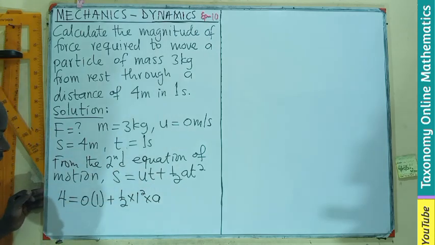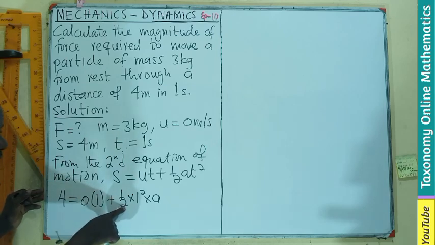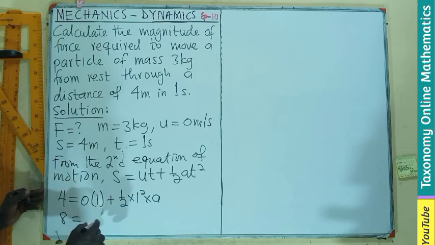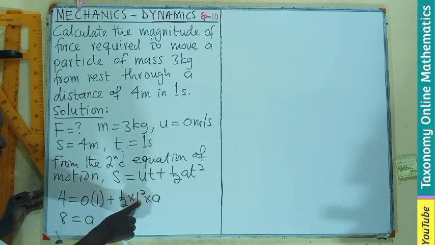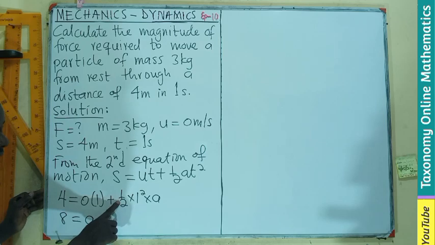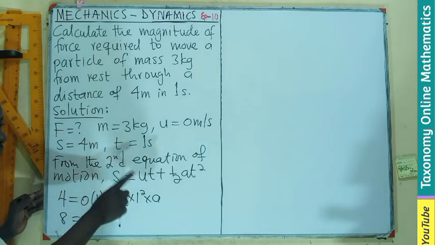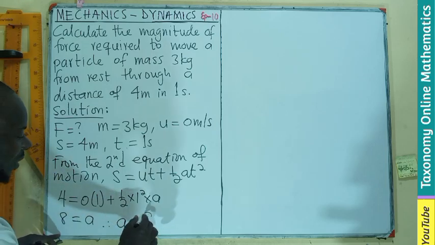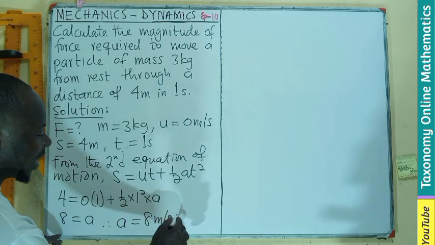And in doing so, I can just multiply through by 2, making here 8. 2 times 0 is 0. Then 2 times half will give you only a. But this is going to be 1 squared, 1, times half, times 2. That becomes 1 times a. So therefore, the acceleration is 8 meters per second